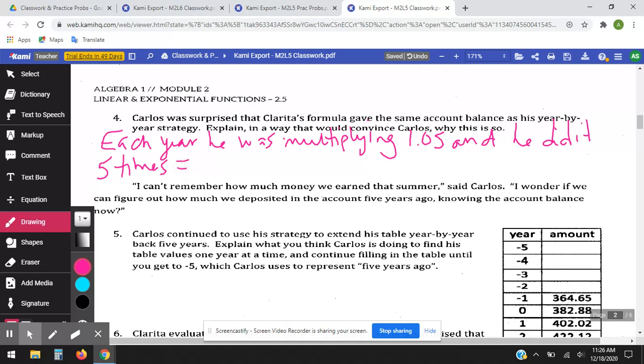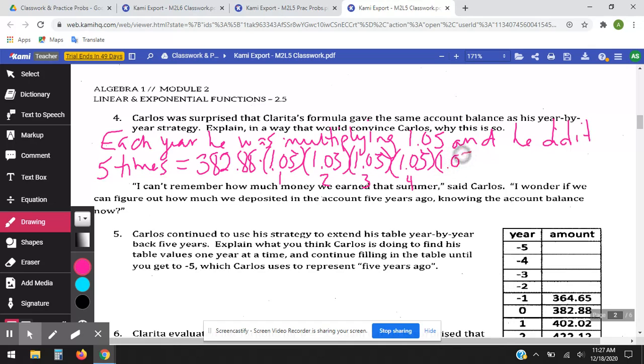So essentially what he did was he took 382.88 times 1.05 times 1.05 times 1.05. So that was the first year, the second year, the third year. Here's the 4th year, and then the 5th year